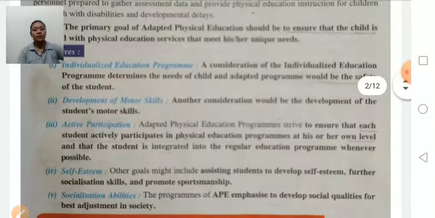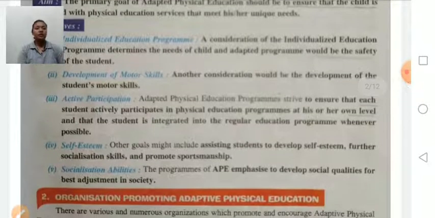Active participation. Adaptive physical education programs strive to ensure that each student actively participates in the physical education program at his or her own level, and that the student is integrated into a regular education program whenever possible. This means adaptive physical education should motivate disabled persons to participate in the physical education program.